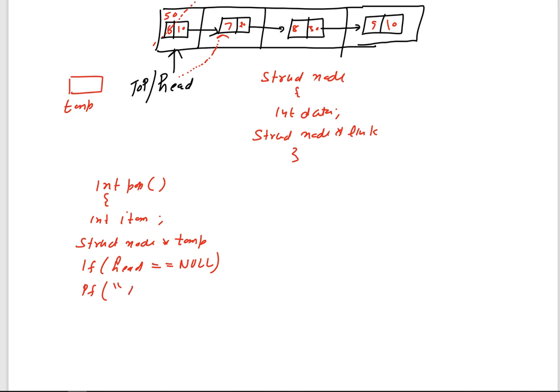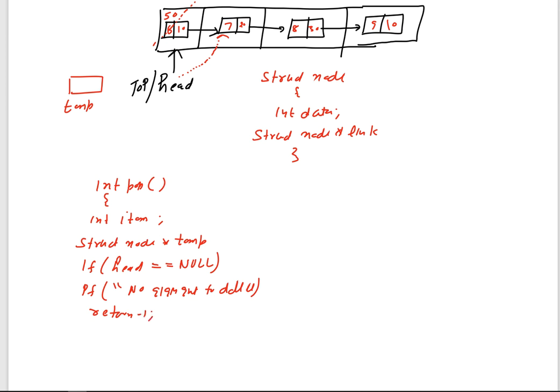So no element to delete, because in order to delete something we must have something in the head. If head is pointing to some memory location, then only we can go to the memory location and delete something. But head is pointing to null, it means that there is nothing inside the head. So there is no element to delete, and we simply return.